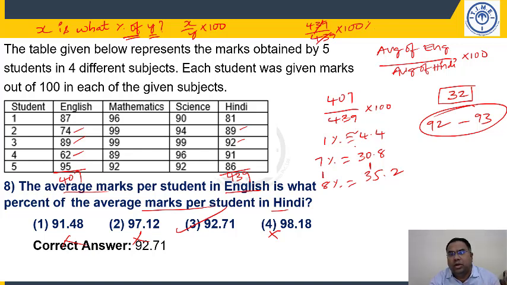I am saying 4.4. 7% is 28 plus 2.8, 30.8. 8% means 4.4 into 8, 35.2. We need to reduce 32, that means I need to reduce somewhere between 7 to 8%. If I reduce 8%, 100 minus 8 will be 92, 100 minus 7 will be 93. So my answer should be between these two. There is only one option between those two. That should be my answer. No need to find out the exact value, not required. Right? So these are two basic sets which were recently asked in your SSC CGLE exam on table students, right?